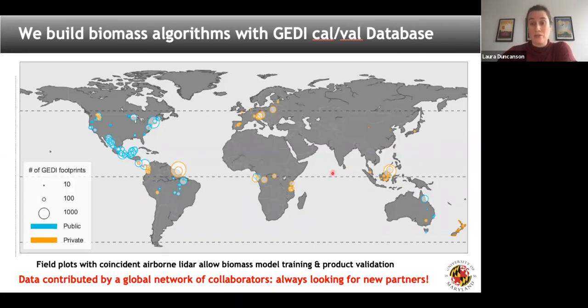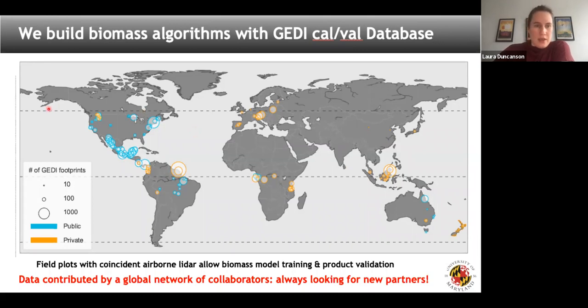So for example, in Central Asia, we don't have any training data. So how well the GEDI algorithms are going to do in those areas where we really just don't have any training data, we're hoping that our models that are fit elsewhere will transfer well to those, but we do not have a way to assess those before those products go out.